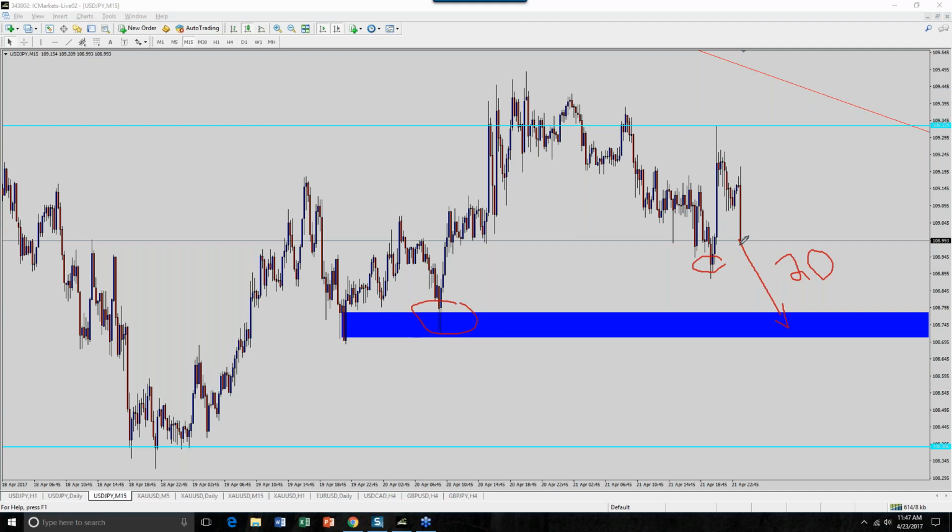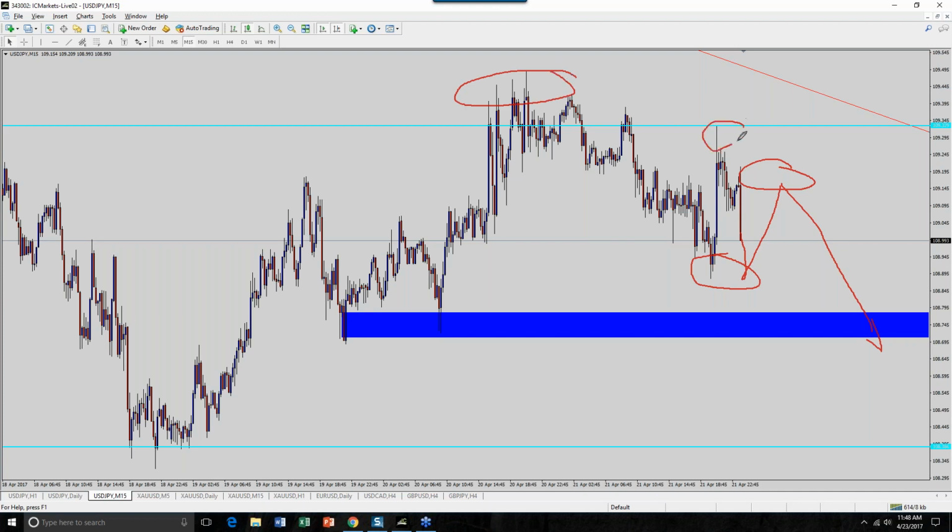So once again, what could possibly happen, and this is how you do your analysis, is I could come into this region here. This candle could probably drop into this region, reject back up right to this region here, and then carry back down. You have to be aware of that. Now, if we get up into this region, or we get up into this region, that's a judgment call again, because you have to say, okay, we've pulled back